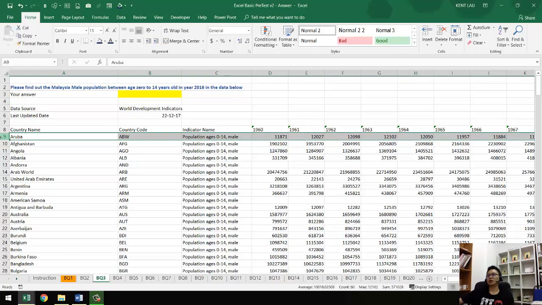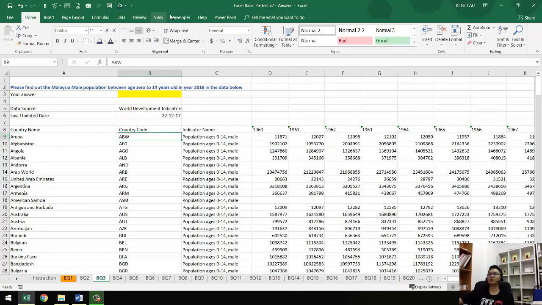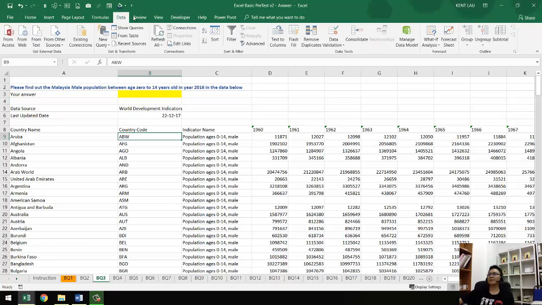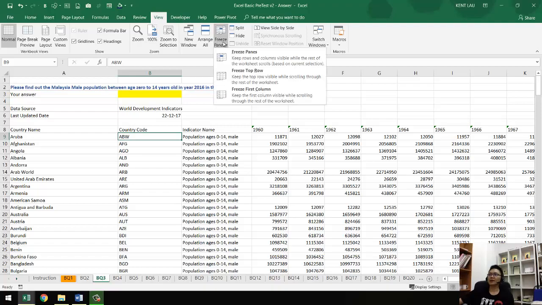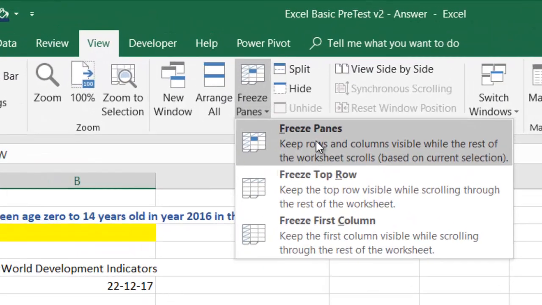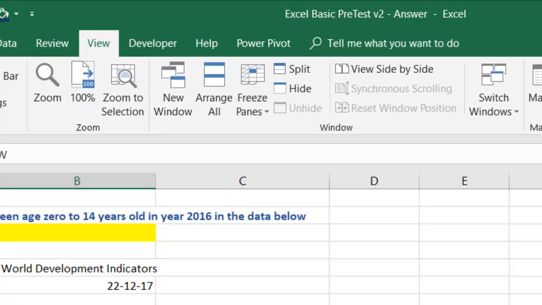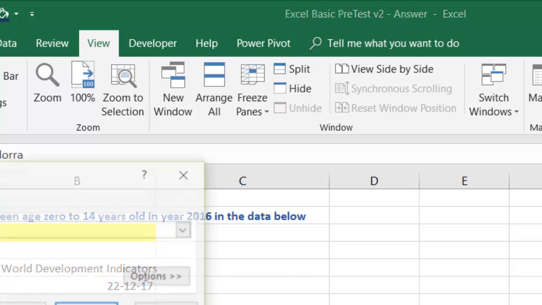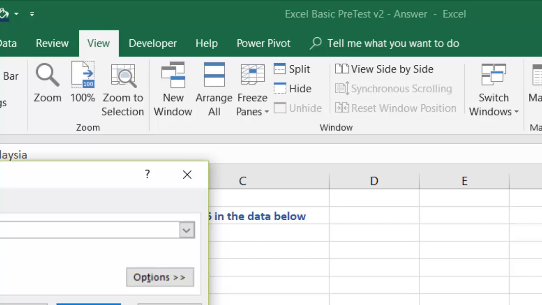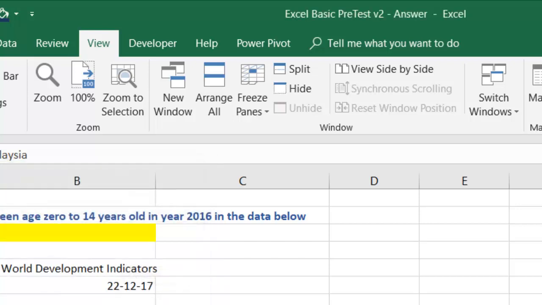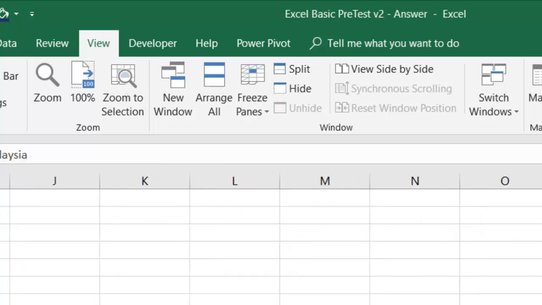So we're going to select G here. We click on this cell here. We go to the data tab, sorry, the view tab. Choose freeze pane and click freeze pane. And then we can scroll this down. So Control F again, Malaysia. And now we can close this and we scroll to the